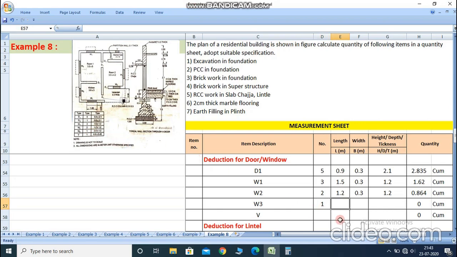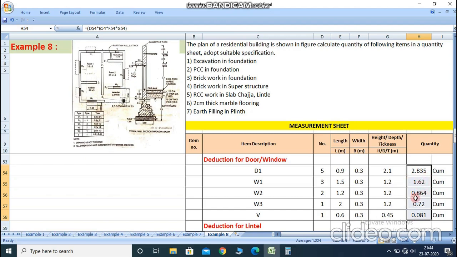Length is 2, so right here only 2.0, and then width is 0.3, which is the wall thickness, and height is 1.2. Then ventilation. Here only a single ventilation is provided, so right here 1. Size is 0.6 by 0.45, so length is 0.6, width is 0.3, and height is 0.45. Now the deduction of the door and window is the summation of all the values of 2.835,